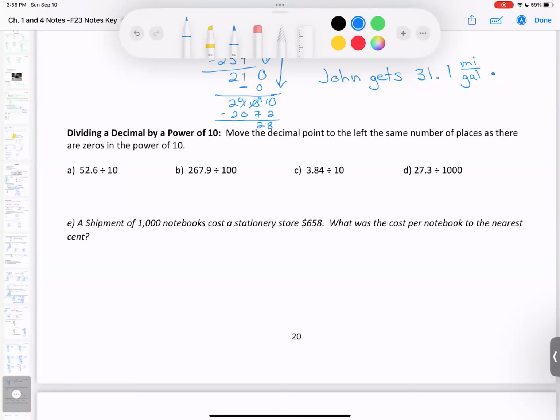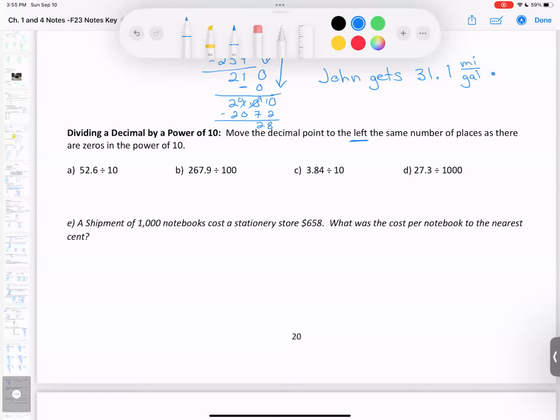Now let's move on to looking at dividing a decimal by a power of 10. Remember when we multiplied a decimal by a power of 10, we had a shortcut where we could move the decimal place over to the right, the number of zeros. The shortcut is basically the same thing with division, except that you're moving the decimal to the left the same number of places. So for example, if we have 52 and 6/10, and we're dividing by 10,